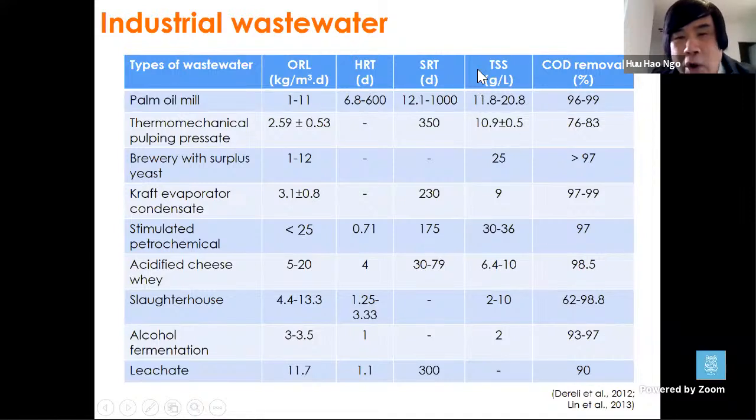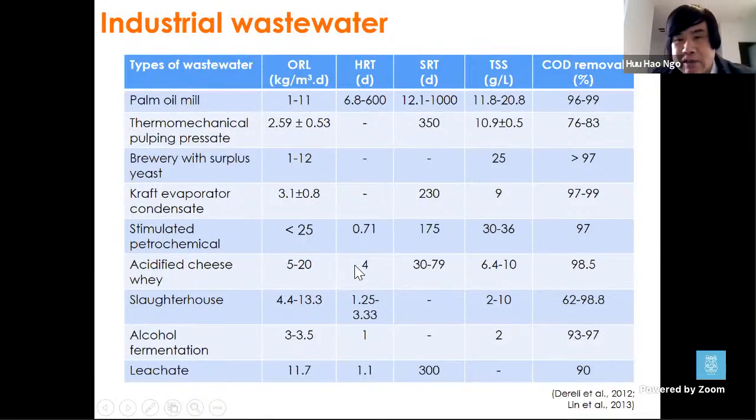And then they control different organic loading rates, hydraulic retention time, sludge retention time, and the total suspended solids. That means the biomass they put in from the beginning for this kind of